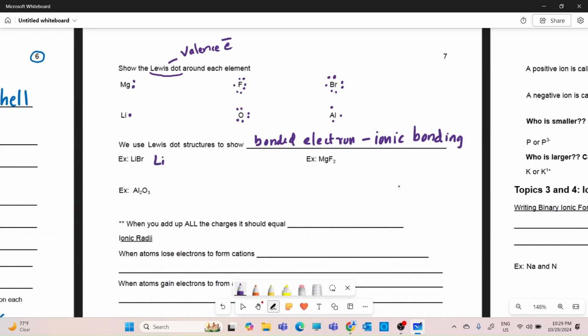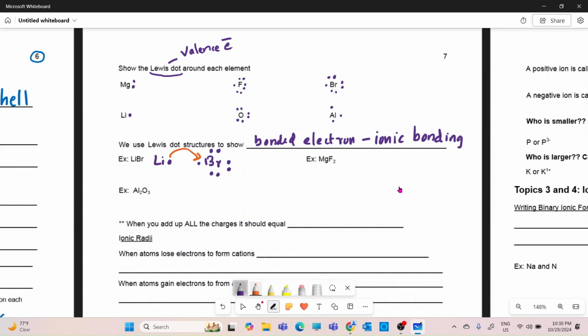Lithium is in group 1, which has 1 valence electron, and bromine, which is in group 17, has 7 valence electrons. So both of them want to become stable by getting 8 electrons. After losing this electron, lithium will become like helium, so it will get a special stability. There are only 2 electrons in there, but still it will become stable. So lithium wants to donate this electron and bromine needs 1 more. So lithium will give this electron to bromine.